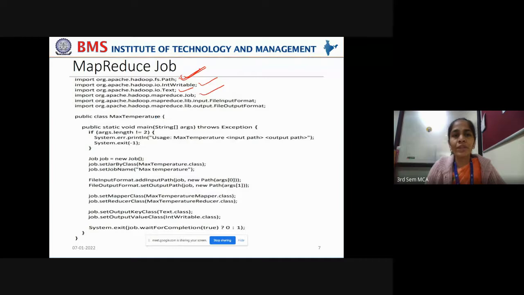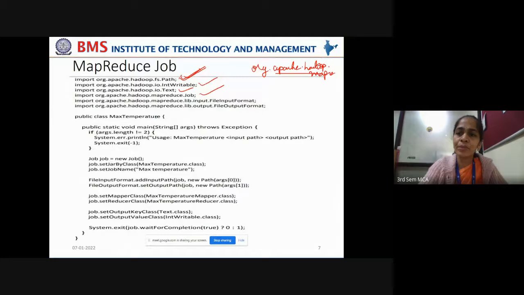In the org.apache.hadoop.mapreduce package, so far you have used a Mapper class to write the map function and a Reducer class to write the reduce function.